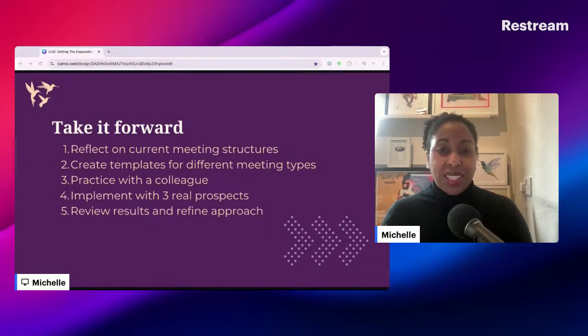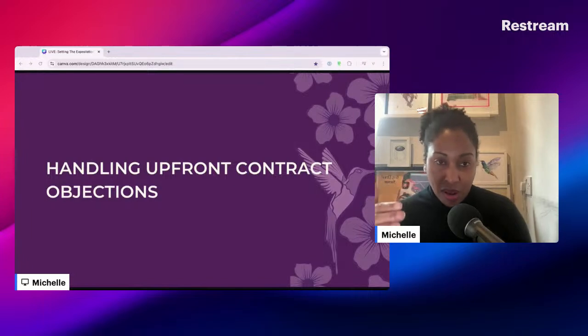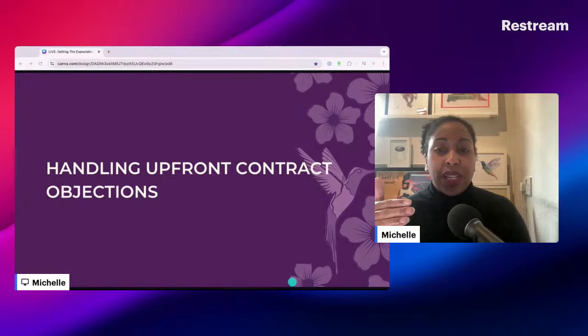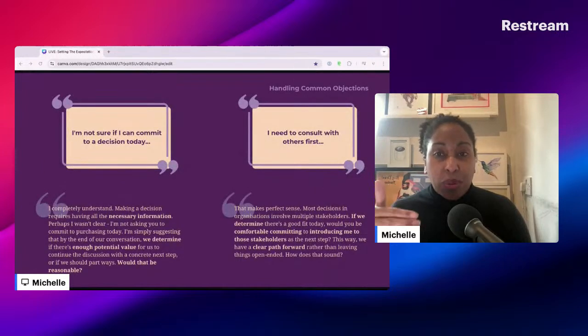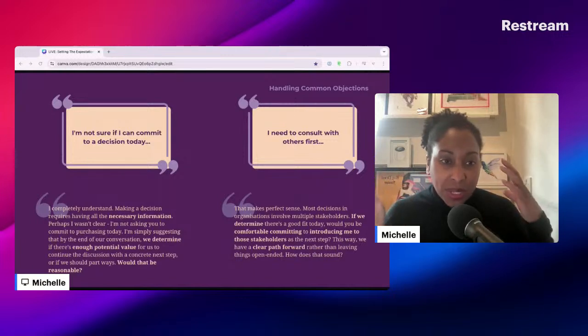So let's look at handling objections during an upfront contract. So you might hear a couple of objections as we move through. We're being very, very definitive in what we ask for in an upfront contract. So to some people, that might bring up that first objection of, I don't think I can commit to a decision today.